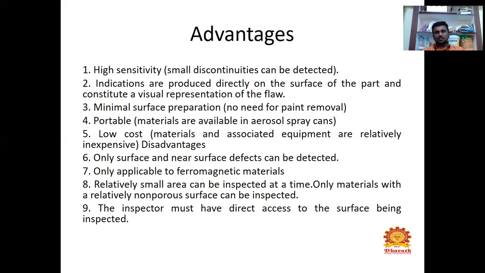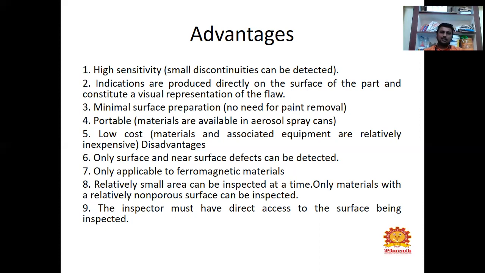Very small discontinuities, even at a small level, we can easily find using this method. So if there is any small crack or small gap, even invisible cracks, we can easily find them, internal cracks and internal gaps and discontinuities too, using this method.